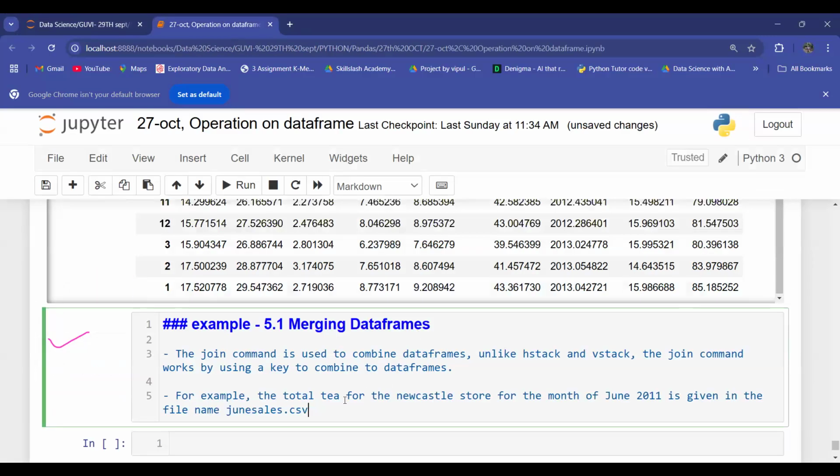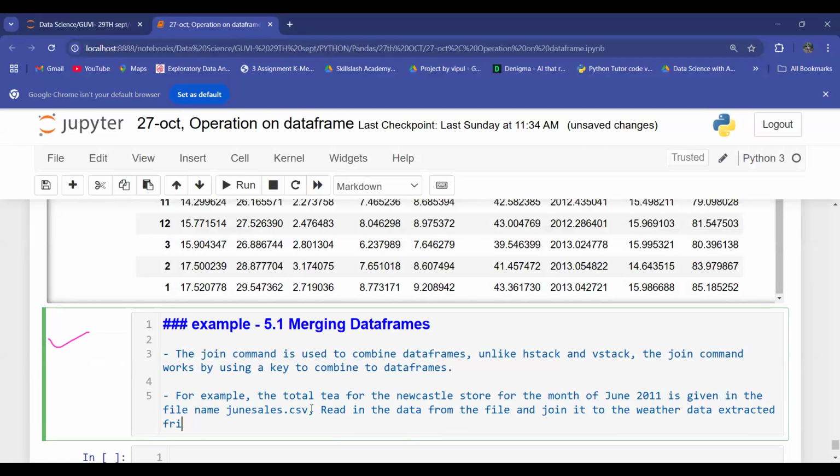It's not here. I have given you this. So we have to read in the data from the file and join it to the weather data extracted